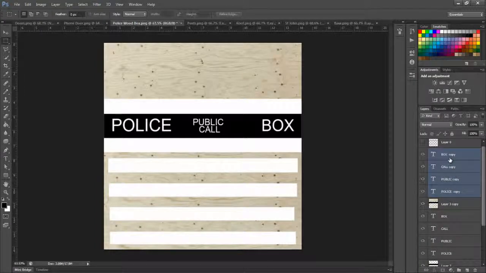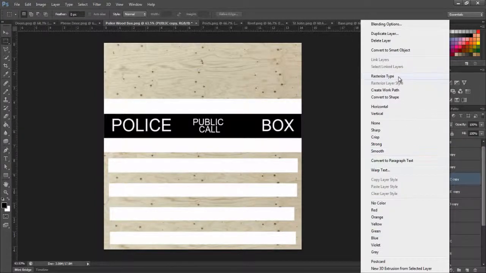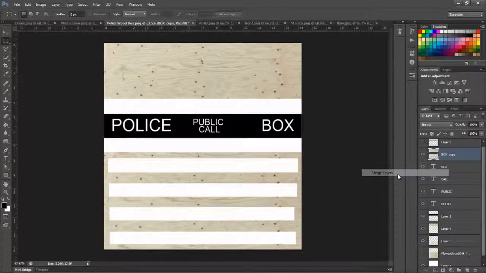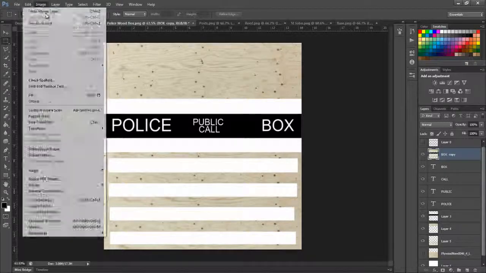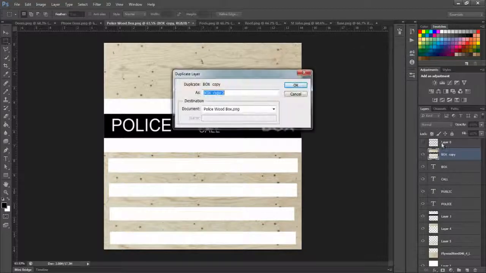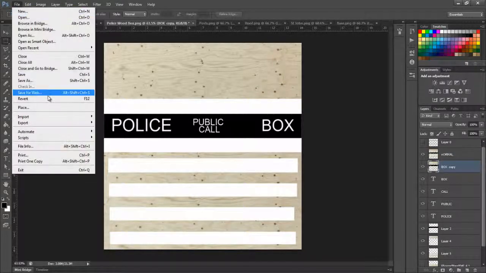Alright, so, well, that sucks. If I just rasterize. Oh, there we go. Rasterize, rasterize, and rasterize. Take these and merge the layers together. Okay, so then we will edit. Nope, nope, nope. Right click, duplicate, normal, and we'll take this and we'll file save as,